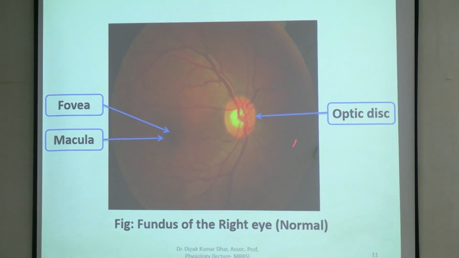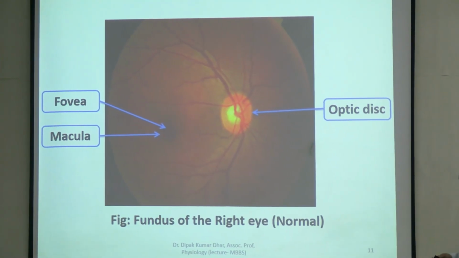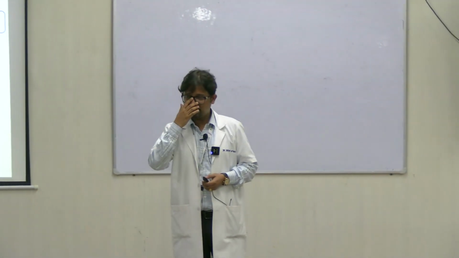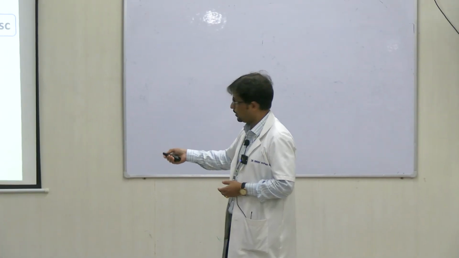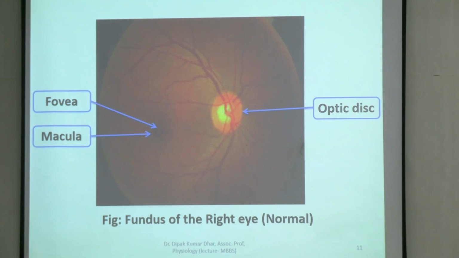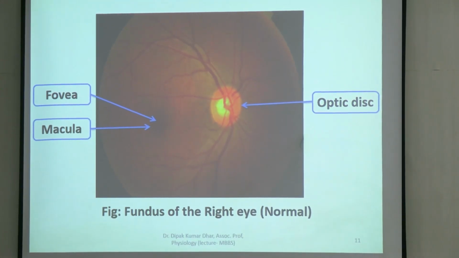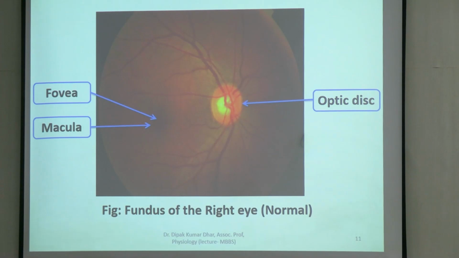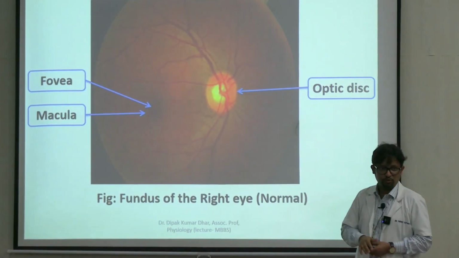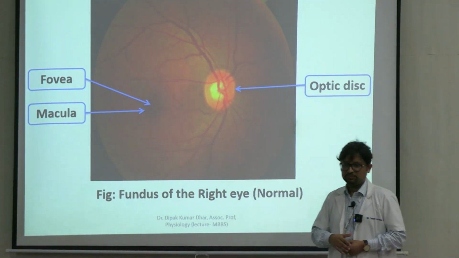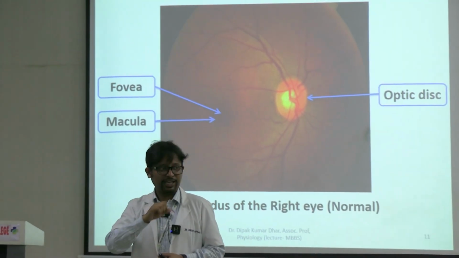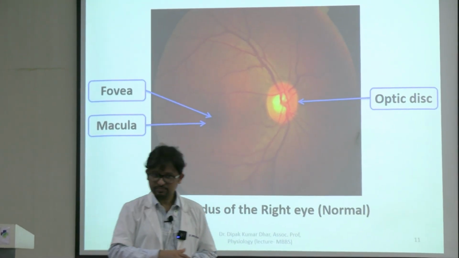So this part is the area from where the optic nerve leaves the eye. This is the optic disc, right? Optic disc के बीचों बीच there is one smaller area. This is called as the optic cup, and this is on the medial aspect, right? Posterior pole को अगर आप मानो, if you think of the center of the retina, तो ये थोड़ा medially होगा always. So optic disc is medial to the central point of the or the posterior pole of the retina. That's why blind spot is on the lateral aspect of the field of vision. Have you heard about blind spot? What is that?